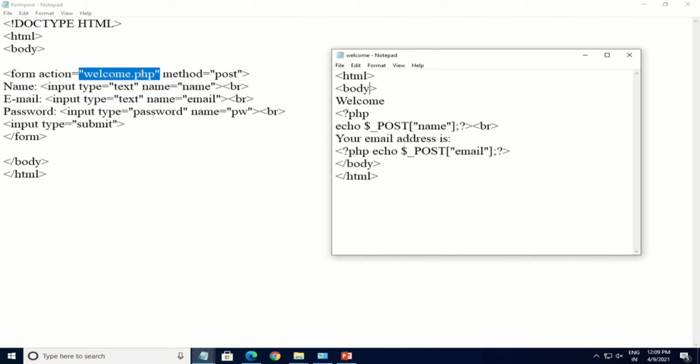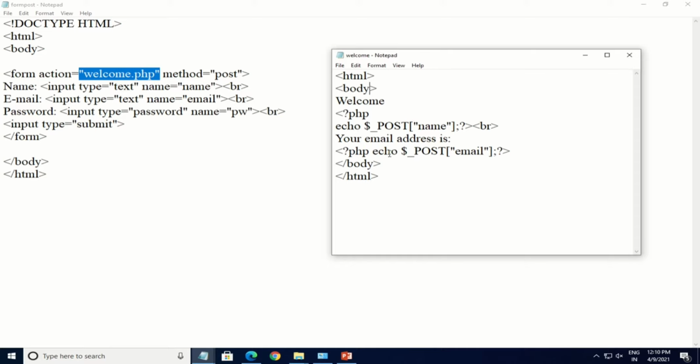In this welcome.php file you can access and display all the contents that the user has filled in this HTML form. Here you can see that in the HTML form there are three fields: name, email and password. If you want to display what the user has entered, that content can be displayed using the POST method.